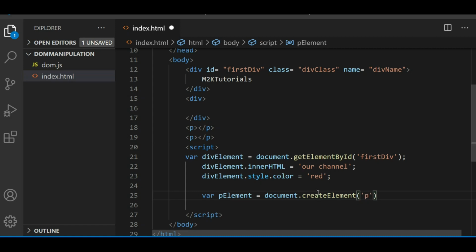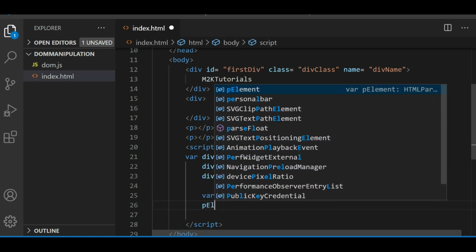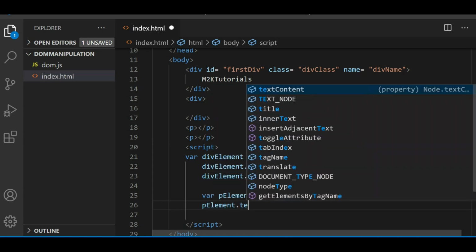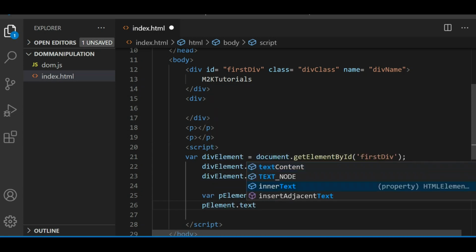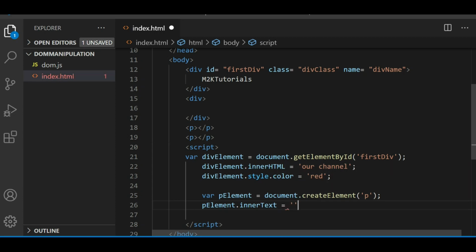In our case we want to create one p tag, right? Then I want some text in it, so I put the property inner text, and let's say we put this is p tag.